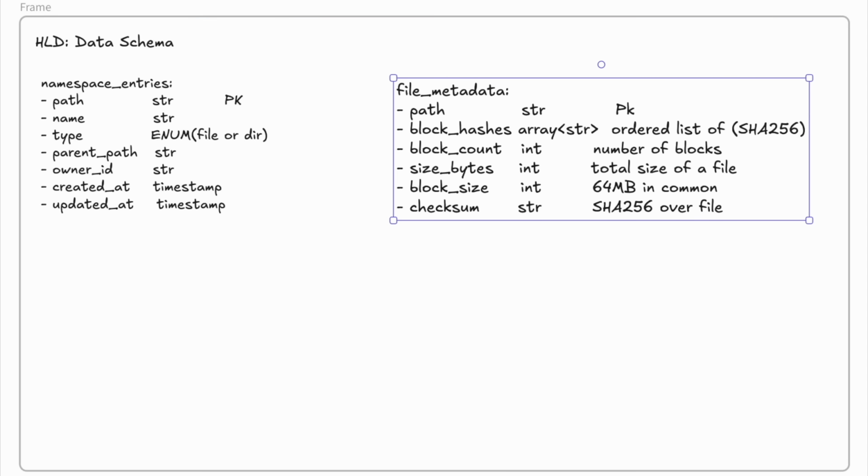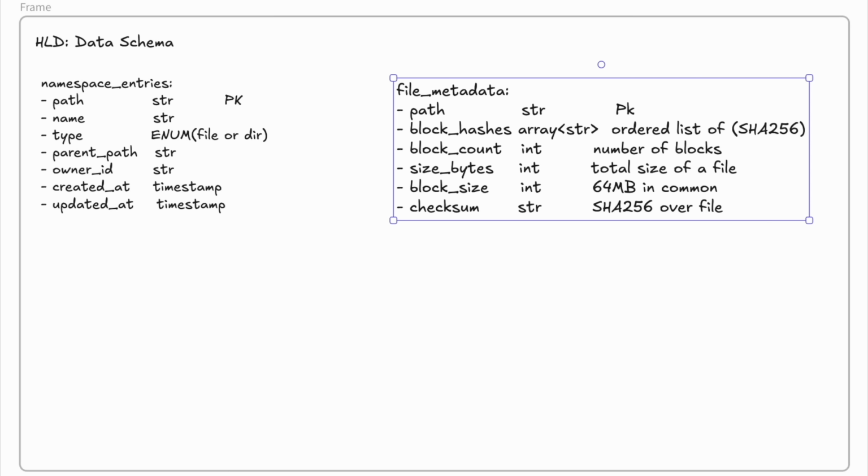Second, file metadata. This table stores file-specific metadata that is not applicable to directories. The path column, a foreign key to namespace entries, links this metadata to a logical file entry. Size bytes tracks the file's total size, helping validate offsets and calculate throughput. Block count gives a quick count of how many blocks make up the file, which is helpful during reads. Block size documents the system's chunking strategy, for example, fixed 64 megabytes, and block hashes stores an ordered list of SHA-256 hashes corresponding to each block,